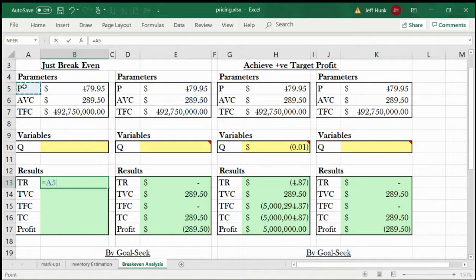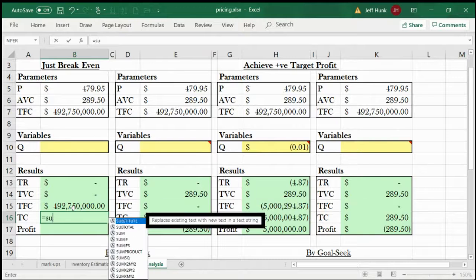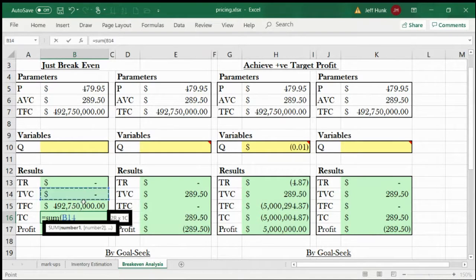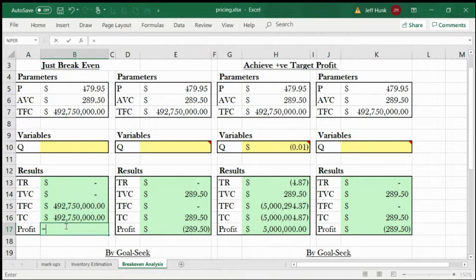Total revenue is P times Q, isn't that right? In other words, P times Q. Nothing there, so you will see nothing. TVC, total variable cost, is AVC times Q, right? Okay. Total fixed cost is simply given, right? Total cost is basically the sum of these two, right? Right? Profit is what? Profit is the difference between total revenue and